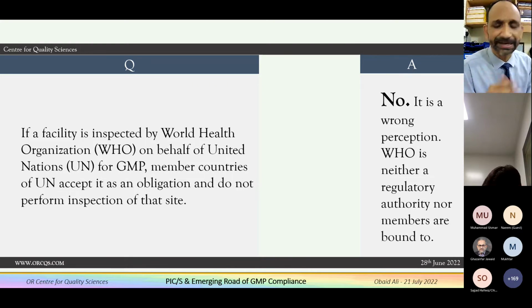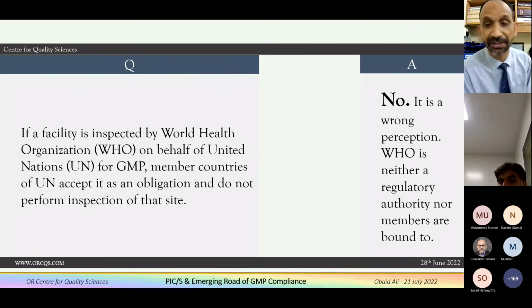चूंकि लीगल बाइंडिंग है हमारे साथ, इसलिए इंटरगवर्नमेंटल ऑर्गेनाइजेशन कहते हैं। और WHO का जो इंस्पेक्टरेट है वो बहुत लिमिटेड इंस्पेक्टरेट है। मैं 2 साल WHO के साथ एसोसिएट रहा हूँ। मैं ये नहीं कहने जा रहा कि वो लोग पढ़े लिखे नहीं हैं, वो मुझसे तो बहुत ज्यादा पढ़े लिखे हैं, लेकिन जो नॉलेज बैंक US और यूरोप का है उसके मुकाबले में बहुत कमजोर है WHO का नॉलेज बैंक, खासतौर पे GMP के ऊपर।